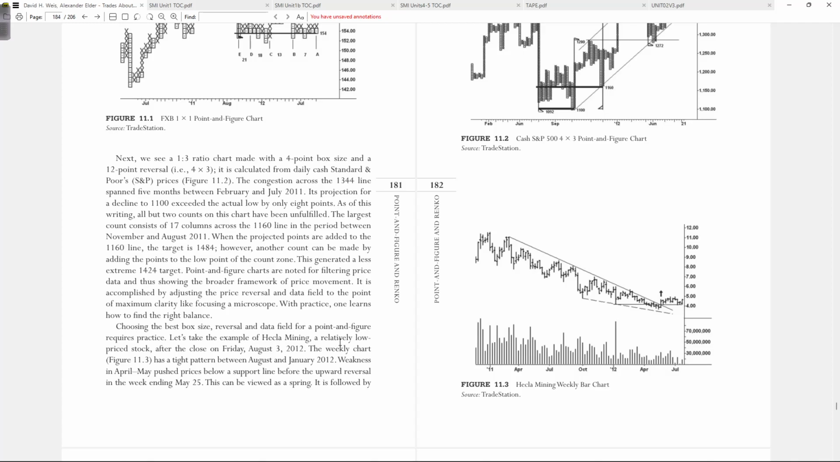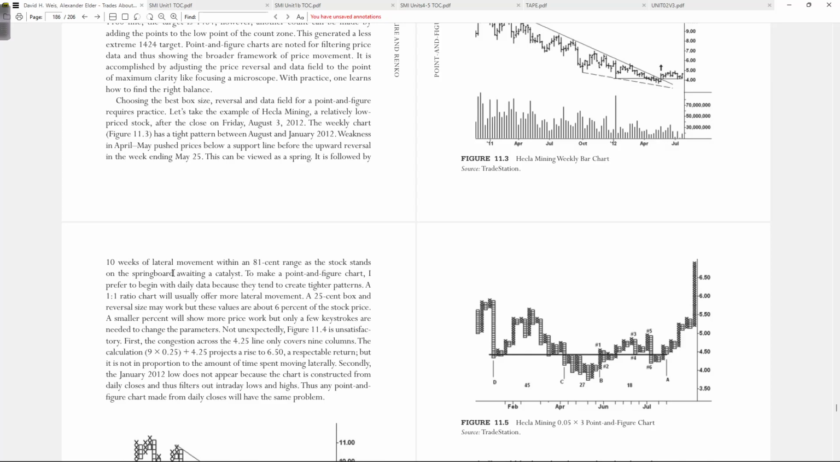Let's take the example of Hecla Mining, a relatively low priced stock. After the close on Friday, August 3, 2012, the weekly chart, figure 11.3, has a tight pattern between August and January 2012. Weakness in April may push prices below a support line before the upward reversal in the week ending May 25th. This can be viewed as a spring. It is followed by 10 weeks of lateral movement within an 81-cent range